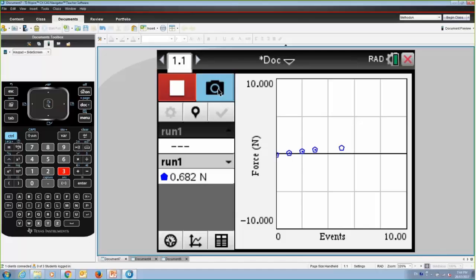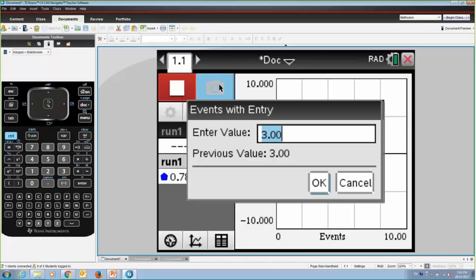See if I can get the next one on. Wait for it to settle a little bit, and we'll start. Now, the reason, of course, why it's jumping around a little bit is because obviously the balloons move about a little bit. We'll click on 4,